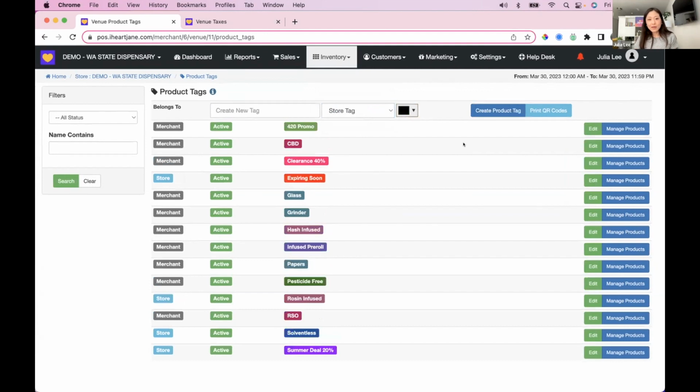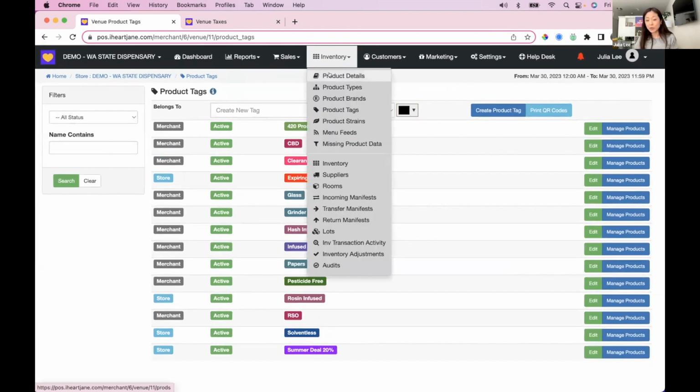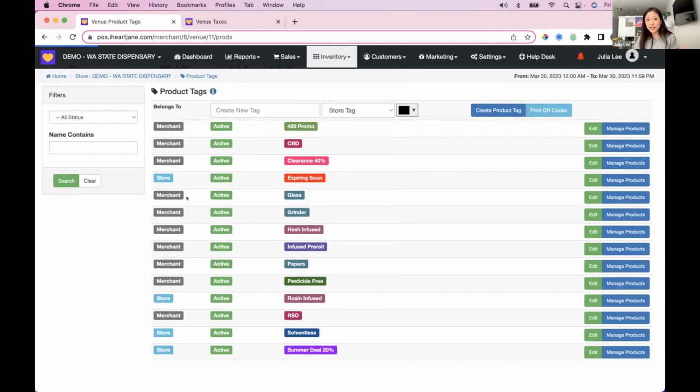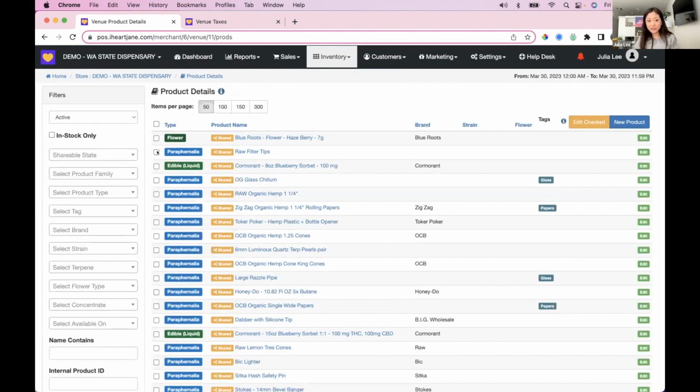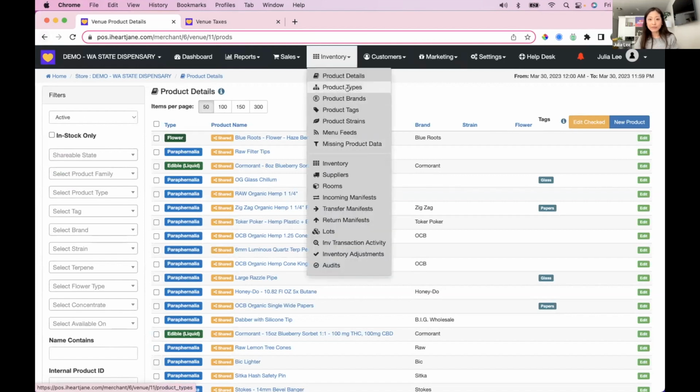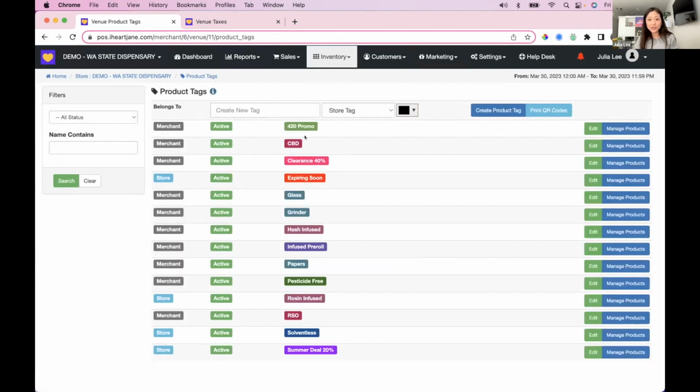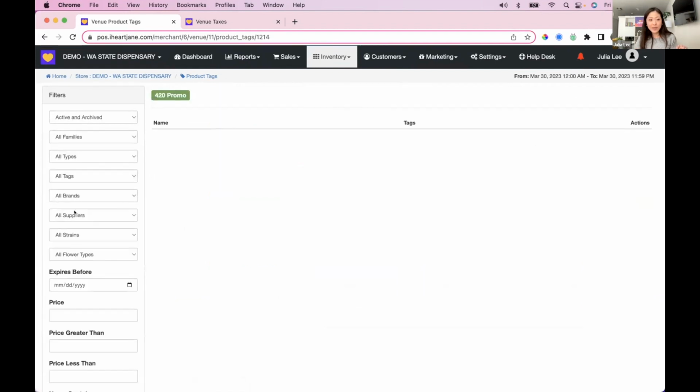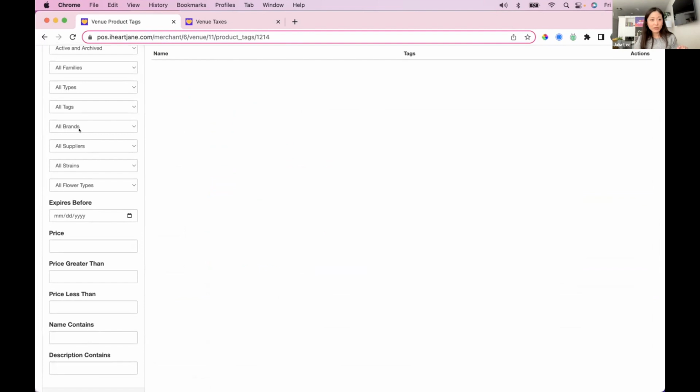And then there's several places where product tags can be applied. Again, when you're creating a product detail, you can do it there. We kind of showed you how you can do it in bulk from the product detail page here by checking a bunch of products and then adding the tag there, or they can also do it from this product tag page. So all you have to do is go to the manage products button,